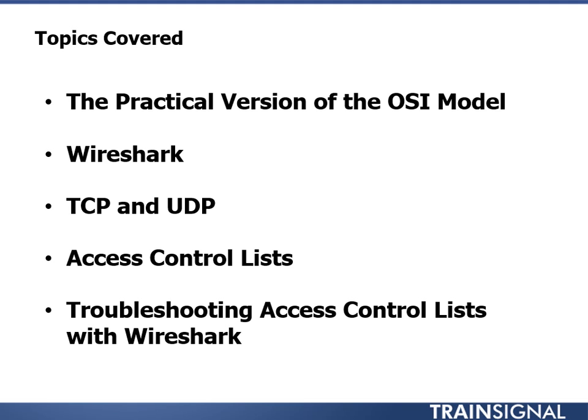And then we're going to move into access control lists. And many of you may have written an access control list before. However, you may find this very helpful because I go through a process to make sure that you have all of the right information recorded in your access control list to allow the correct traffic through. And I find that this is really important to have good setup and good understanding of what traffic you want to allow through your ACL or allow through your router or firewall. It's really good to have an understanding of what that traffic is and map it out before you actually write the access control list.